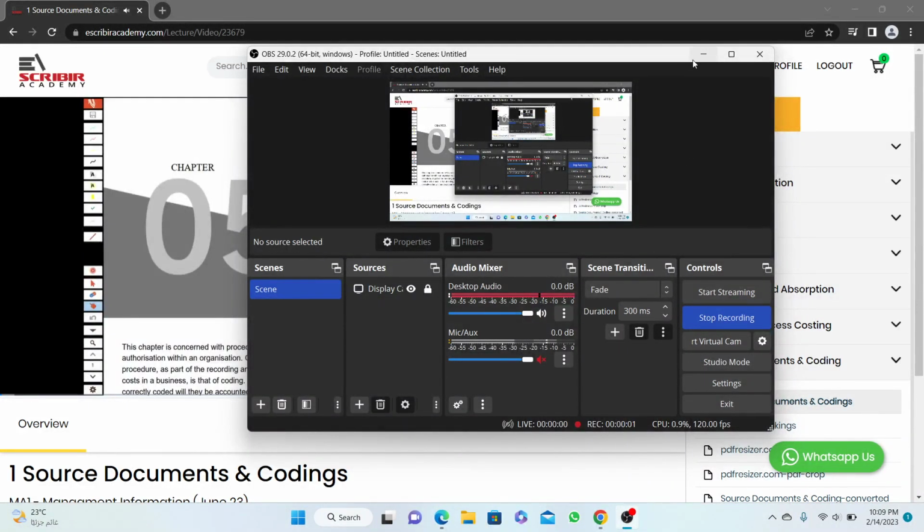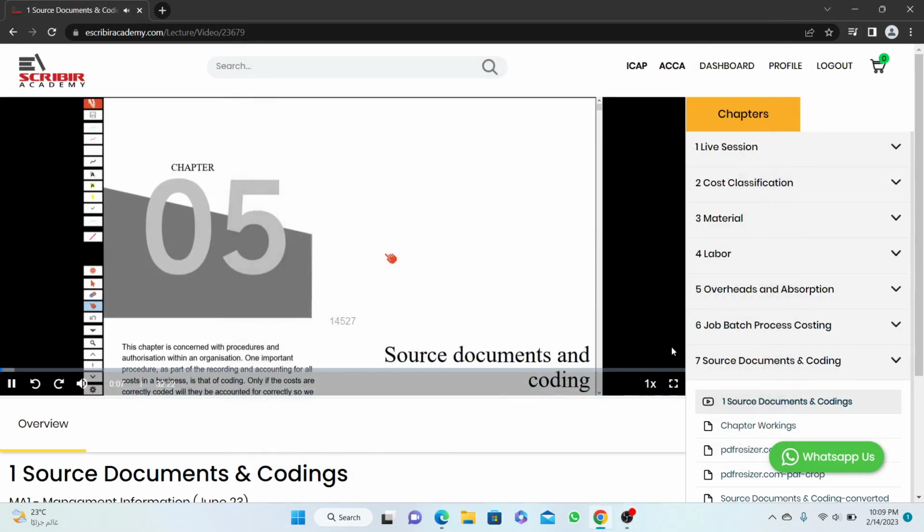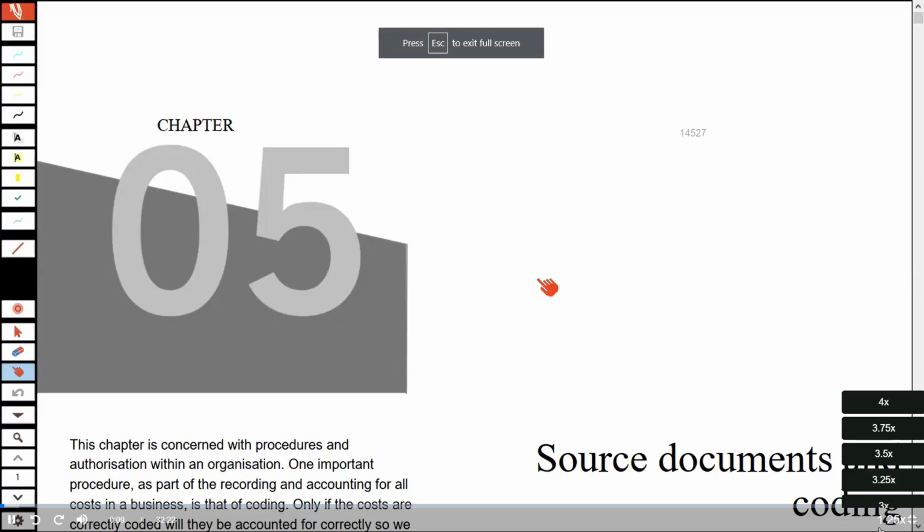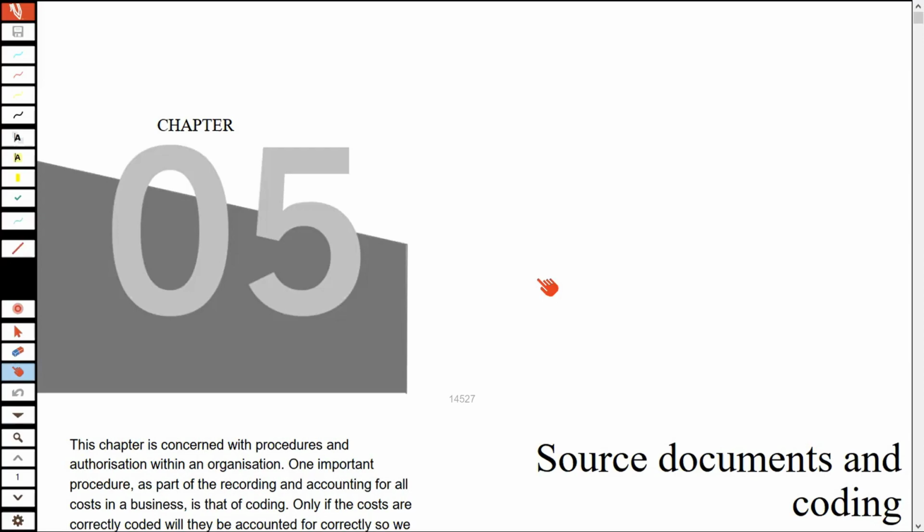It's termed as source documents and coding. Now, what exactly do you mean by source documents and coding, and what exactly is this area? So let's try to have some discussion on it. First of all, it's chapter number 5 of MA1, and this specific chapter,